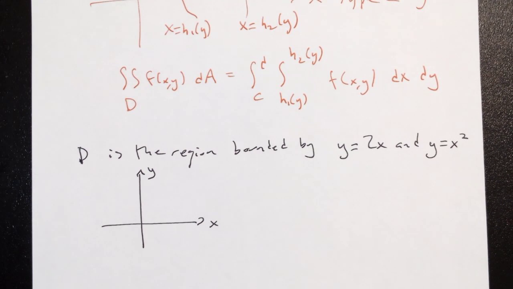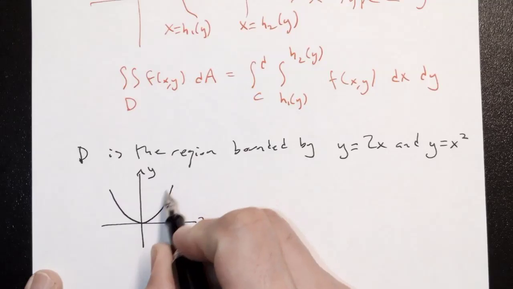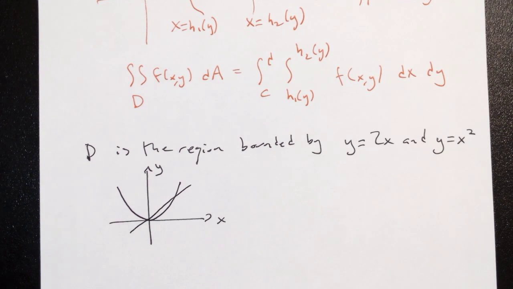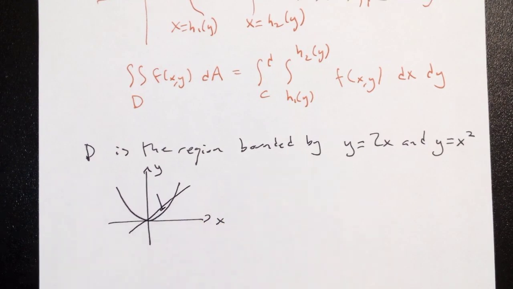What does the picture look like? Not to scale, right? I didn't even put marks on the X and Y axis, but that's the domain right there. That's D. Now, given the fact that I already have equations y equals, my immediate reaction is, hey, let's do this as a type 1 region. If I wanted to describe this as a type 1 region,